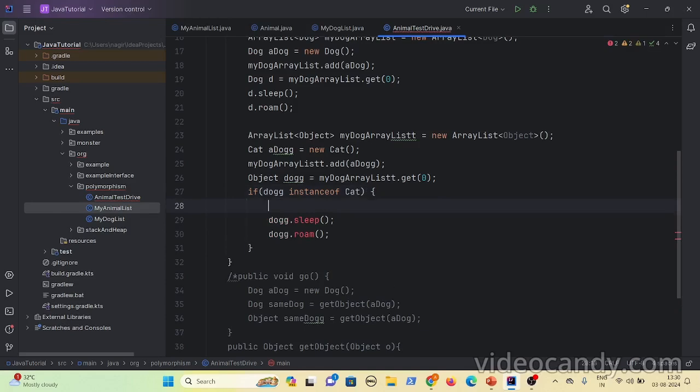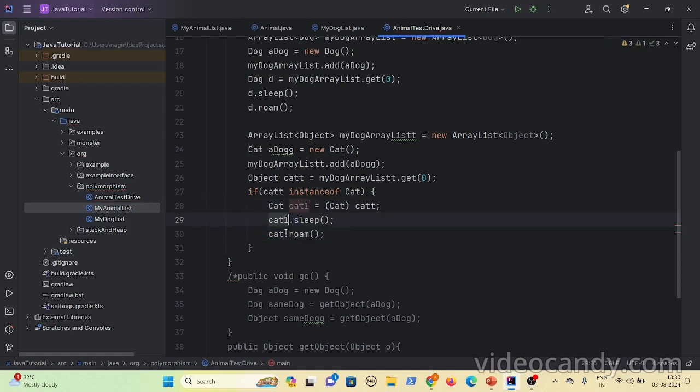Now let's say Cat cat equal to, you can typecast like this, (Cat) dog. Okay, I'll change this. So what we can do is cat.sleep() and cat.roam().